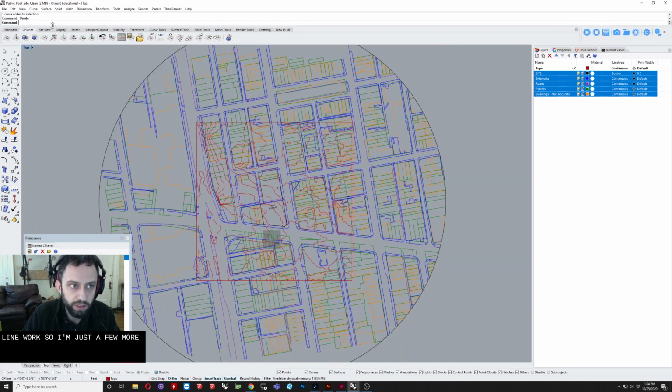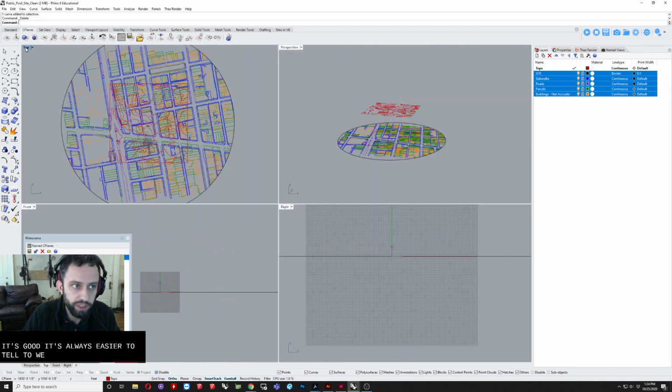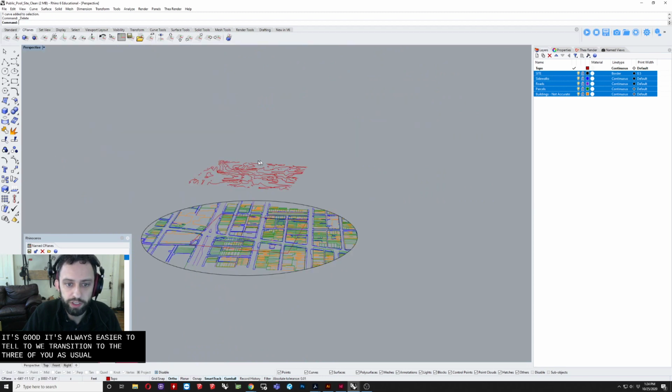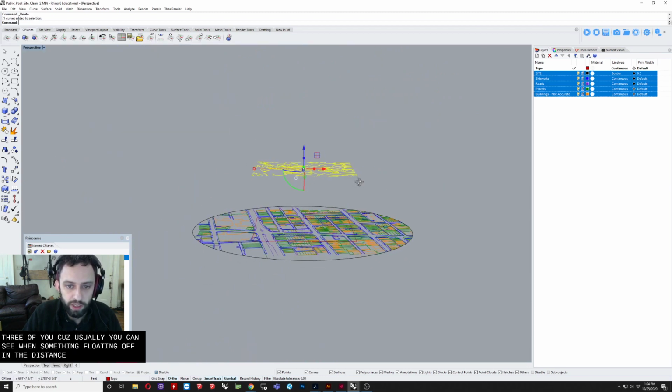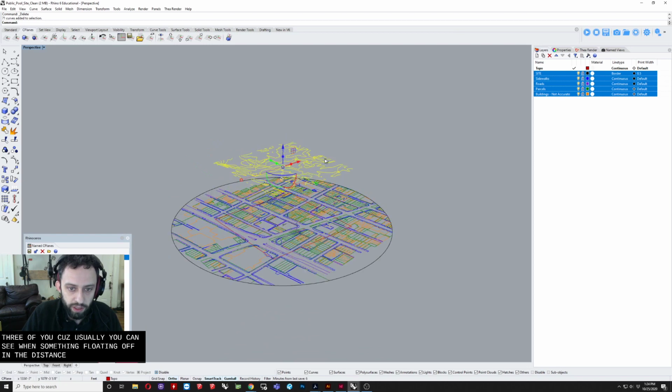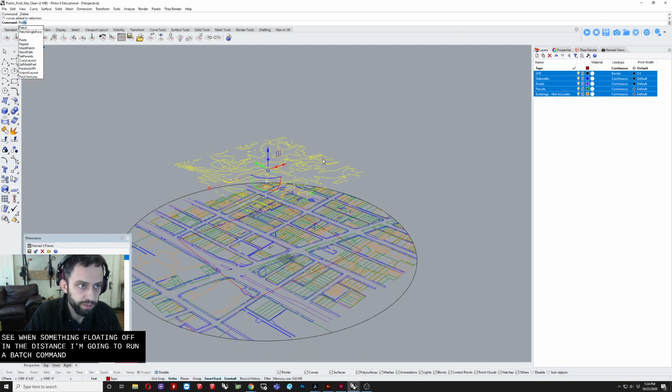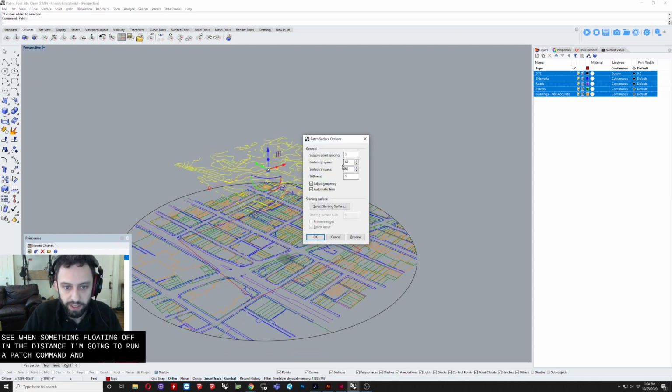And I think that's good. It's always easier to tell too when we transition to the 3D view, because usually you can see when something's floating off in the distance. Okay, so here's this. I'm going to run a patch command, and